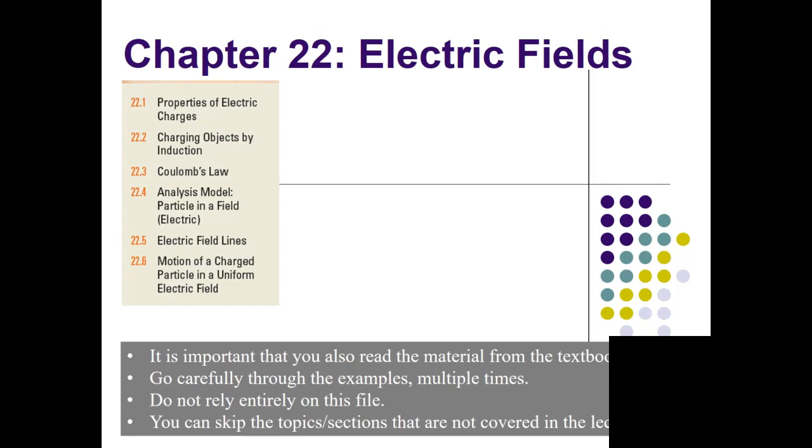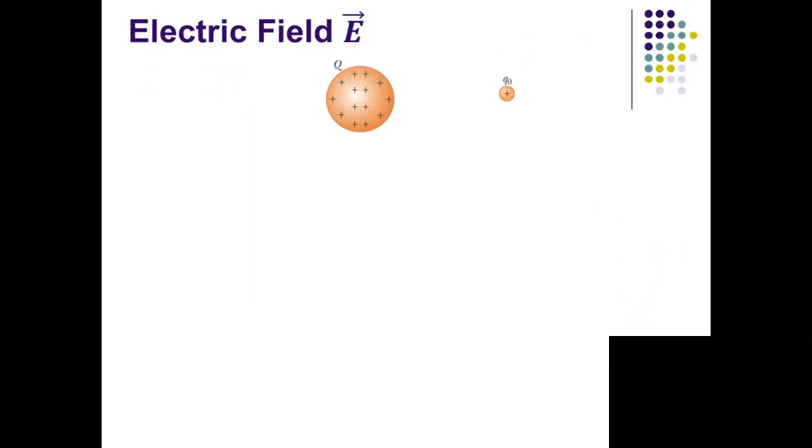Okay, this is just a continuation of chapter 22. Here I'm going to introduce electric field. The symbol of electric field is E. It's a vector. So in order to have some information about the electric field, let's consider we have a charge,